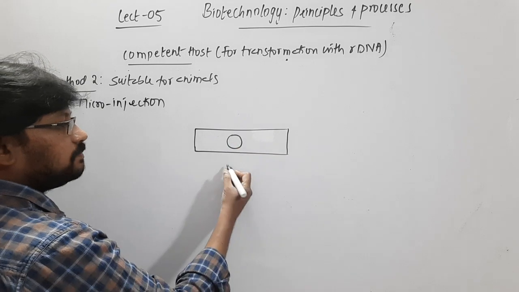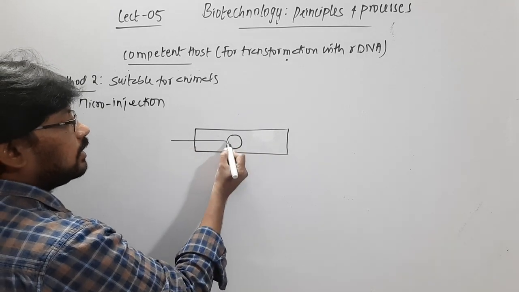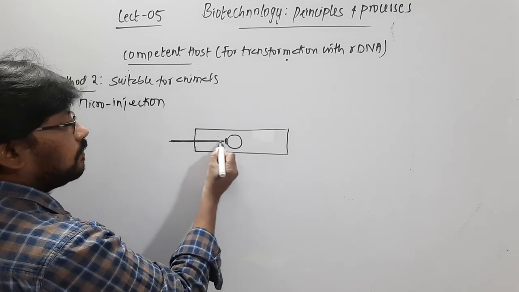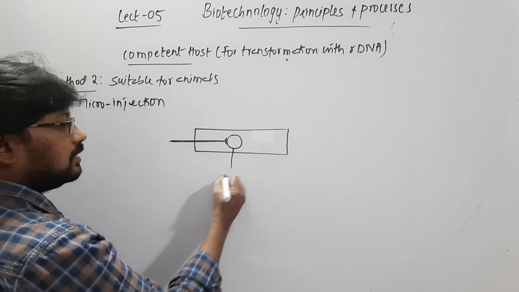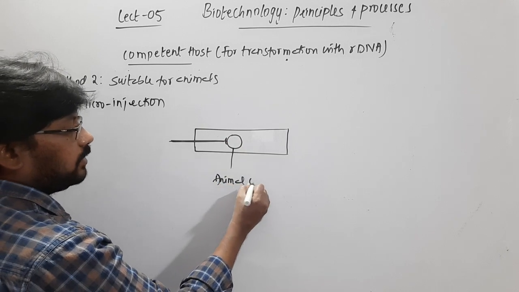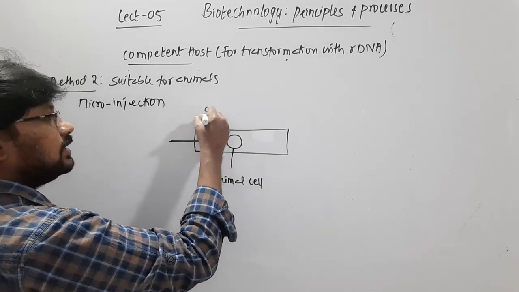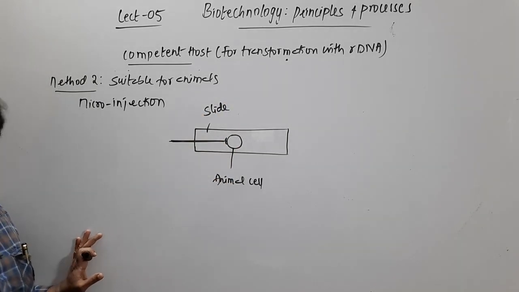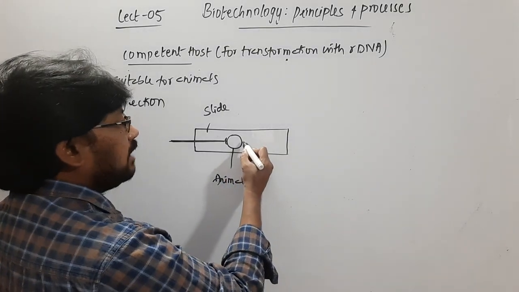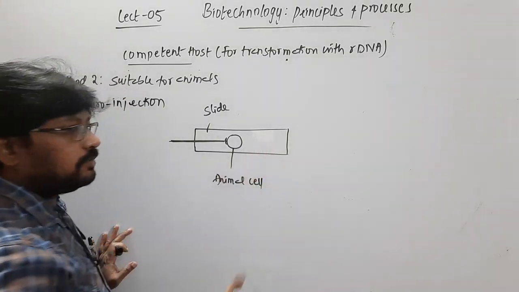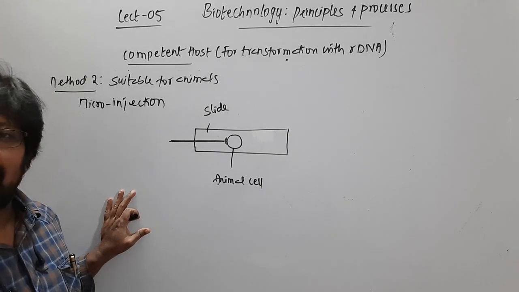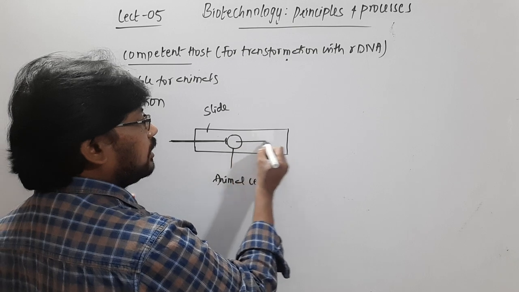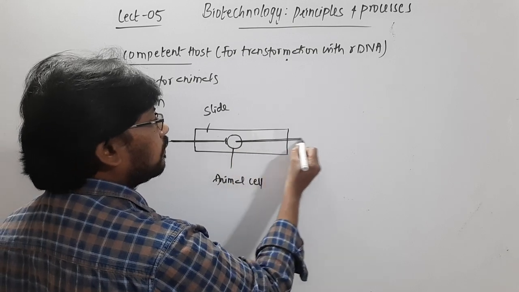There is a cell holder that keeps the cell in position. This is the animal cell and this is a slide, and I will be doing this process under a microscope, taking a micro needle into which the rDNA is loaded, and that will be injected into